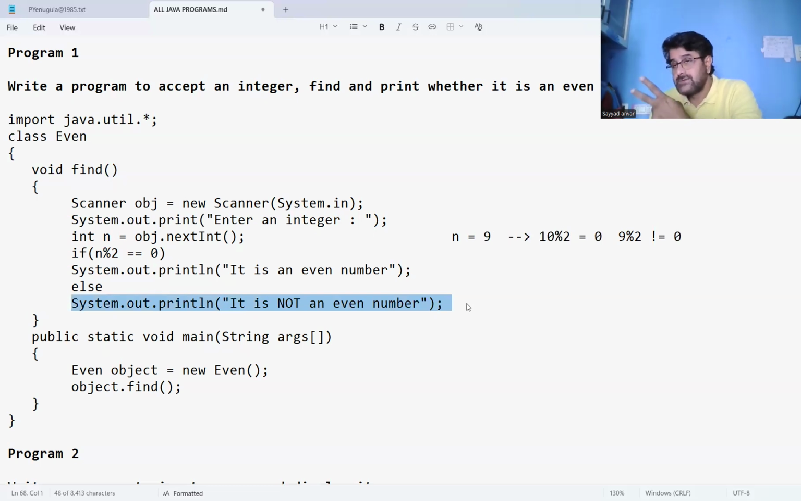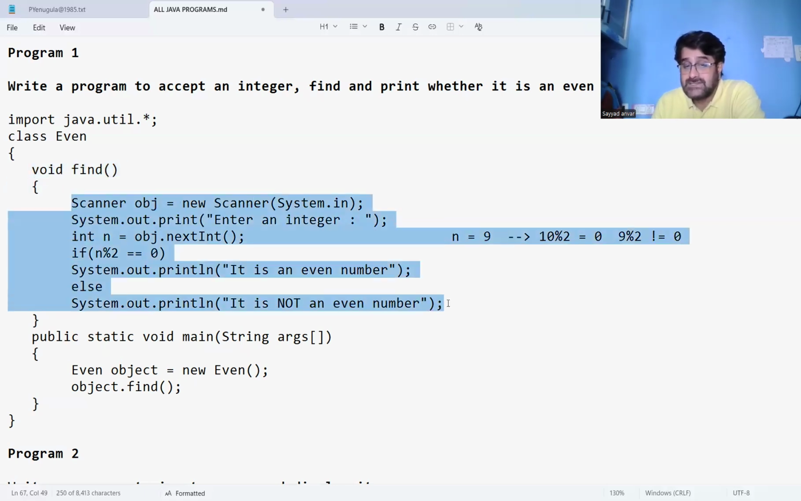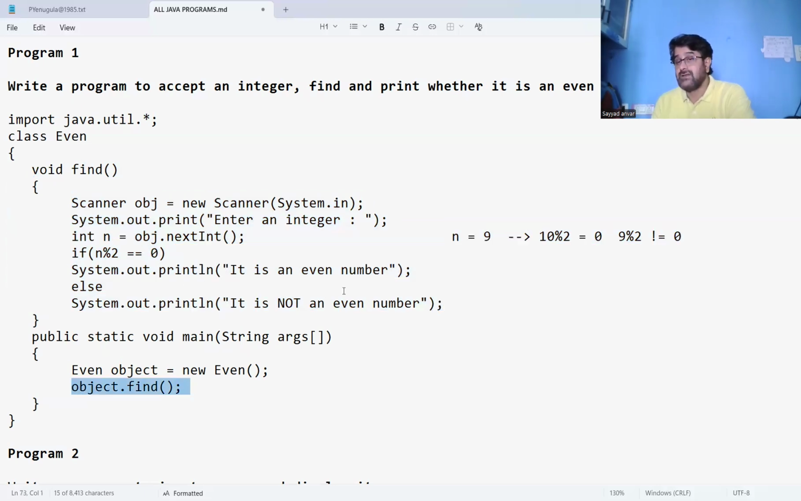So there are two types of messages: it's even and it's not even. Based on the input, the output will vary. That's the difference between the first printing message and the second printing message. Out of both, any one will be displayed. This void find function contains this logic to justify, and as soon as we invoke this function using the main method, object.find, it is going to execute and evaluate. This is the very first program using conditions, and we will move on expanding the